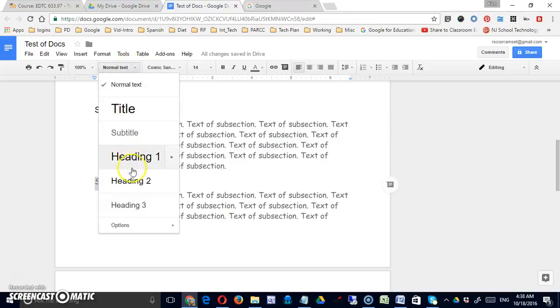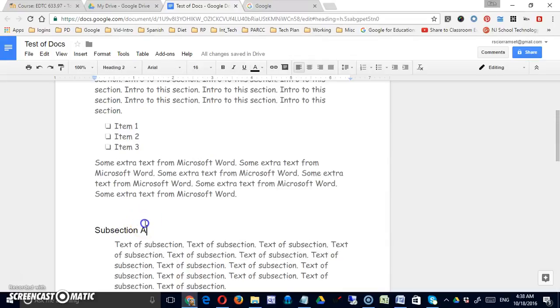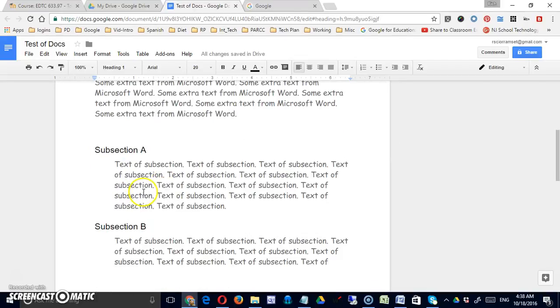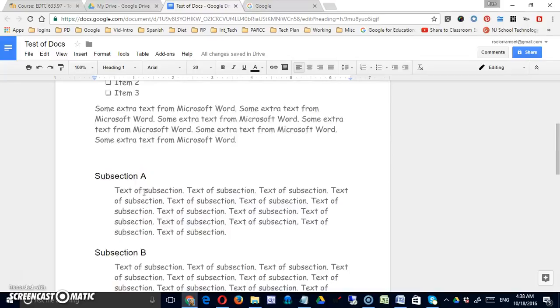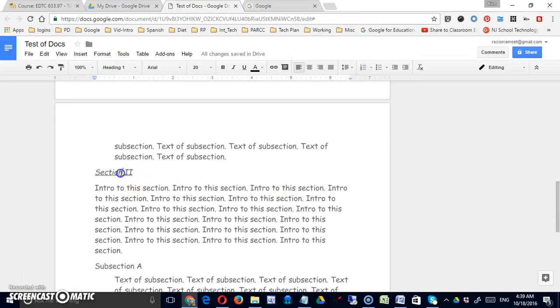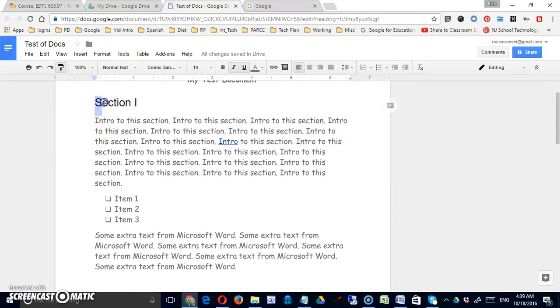And we can make this a heading 2 as well. And we could continue on through the document. Section 2, of course, would be a heading 1, etc. throughout the document. Now you'll notice that the style has changed. So I could fix that up pretty easily. I'm just going to go down to my section 2 here. And let me get the format painter and reapply that